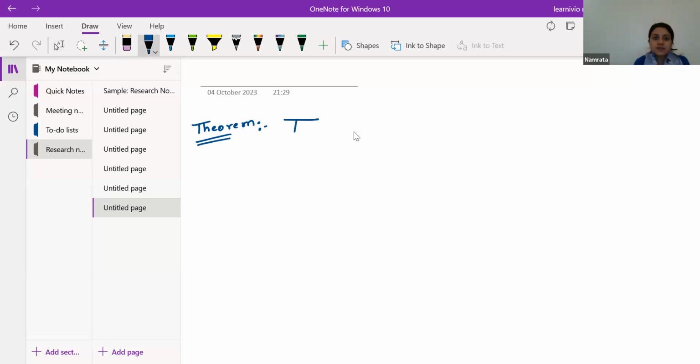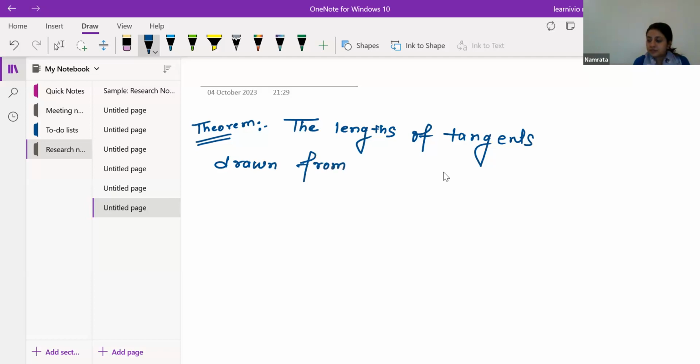Suppose the lengths of tangents, the length of tangents drawn from an external point will